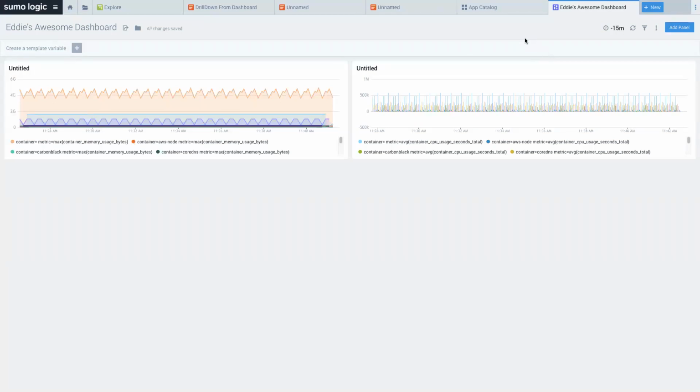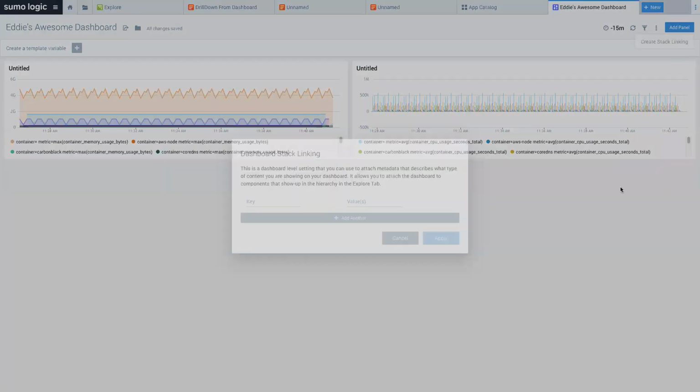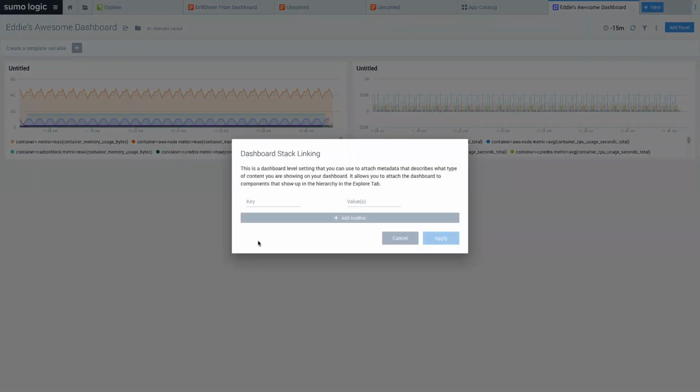Now, that's really handy. It's a nice little, give me some metrics. What I'm going to do though is create a stack linking. Now, what's a stack linking, you may ask? This allows us to relate the dashboard to the Explore view. So I can choose a field as a key. So in this case, I'm going to use cluster as my key and my value as